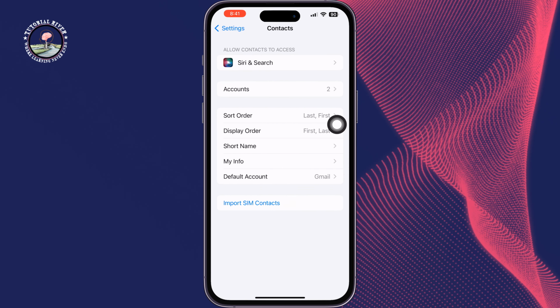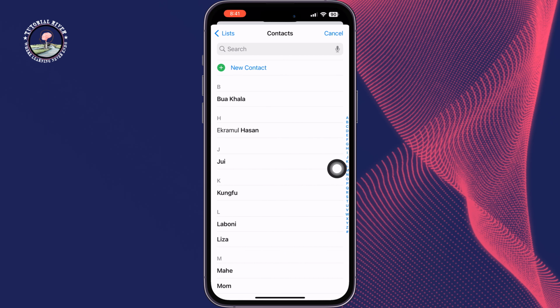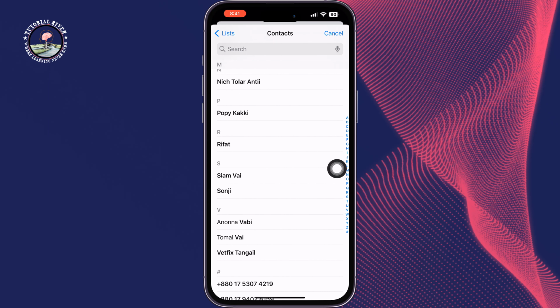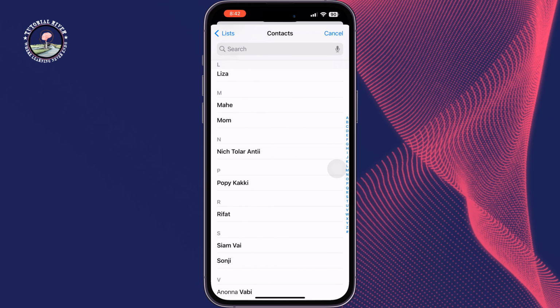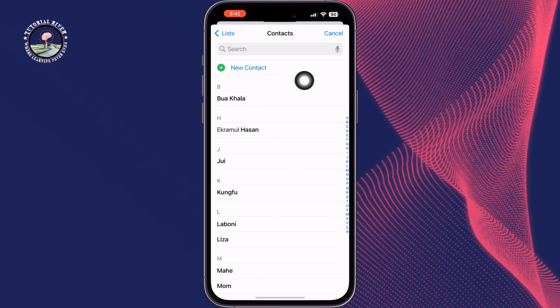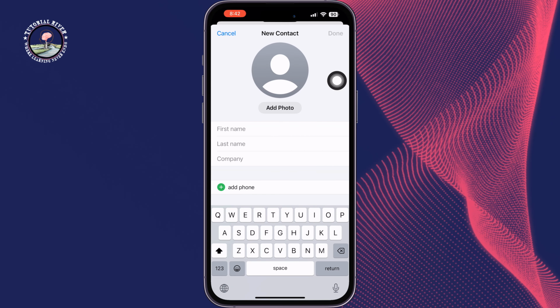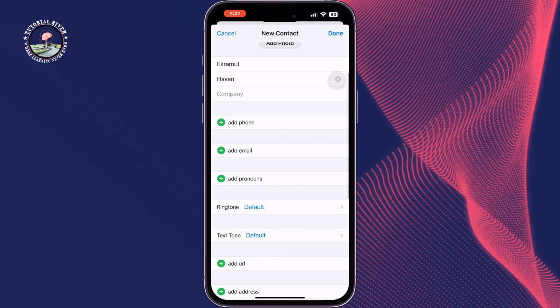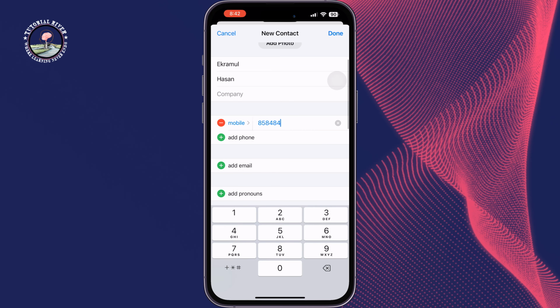contacts and tap on my info. And now you have to select here your number or name to set as my card. You can tap on new contact and now enter here your name, add your phone number here, tap on done,